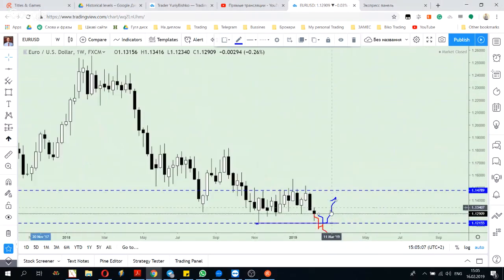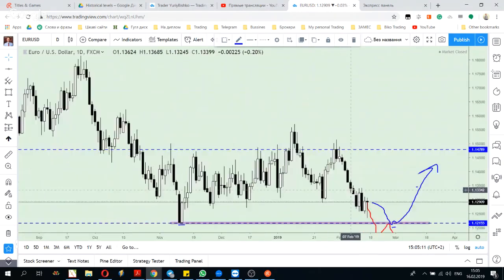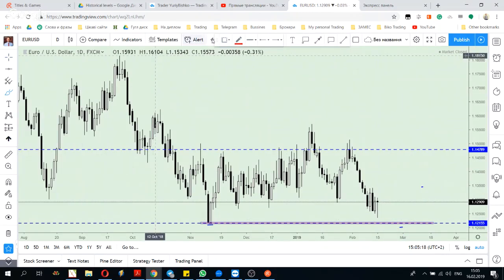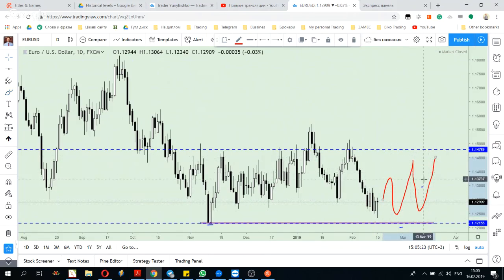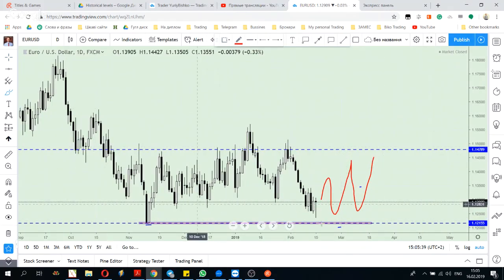Also about Euro USD, there is a big chance that price will just start a range from this place. Friends, it is not the best place to trade, because when price is in the range, it's really hard to get your proper risk reward ratio. Even if you do it, please open entries